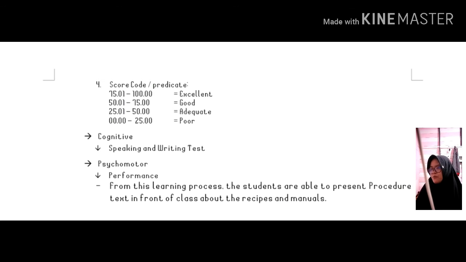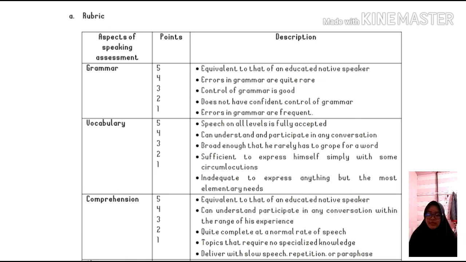So the cognitive, speaking and writing test. So the psychomotor performance: from this learning process, the students are able to present procedure text in front of the class about recipes and manuals. Okay, now I will talk about the rubric. Here, the rubric penilaian,